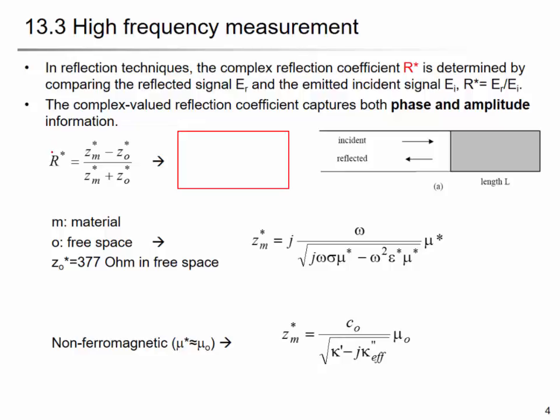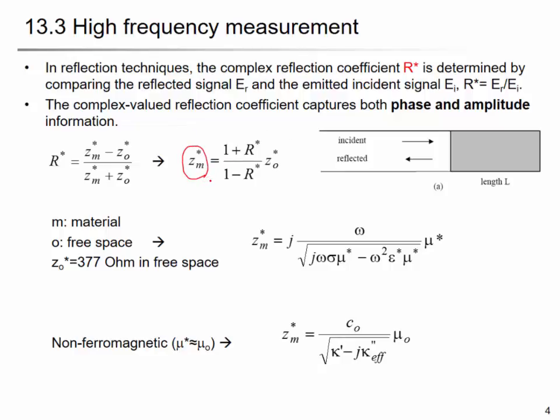When you recall the materials that we learned for reflected wave, refraction and the transmission coefficient, this is the reflection coefficient, with the material's impedance and the free space impedance. And you can manipulate the equation to get the material's impedance,